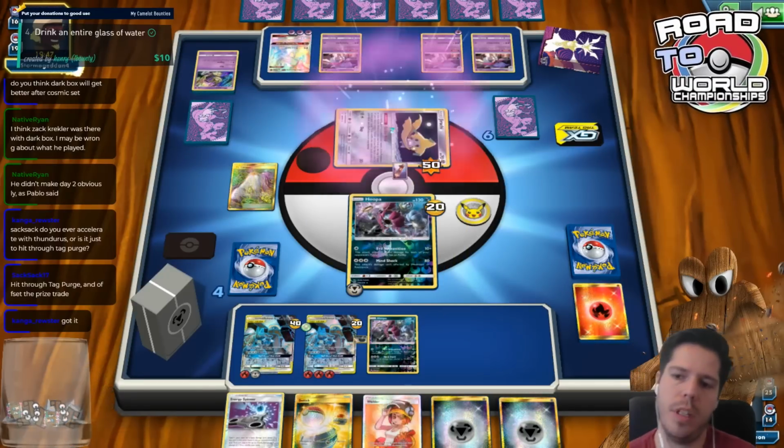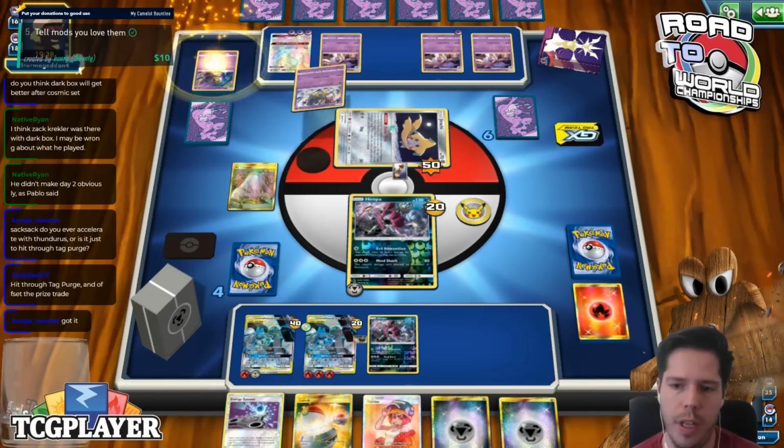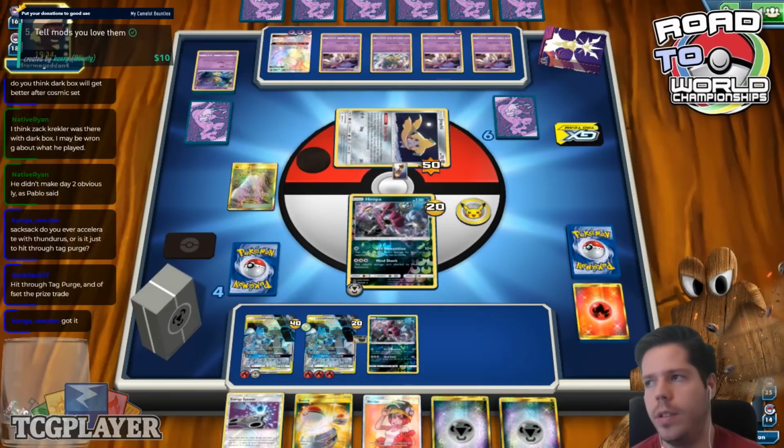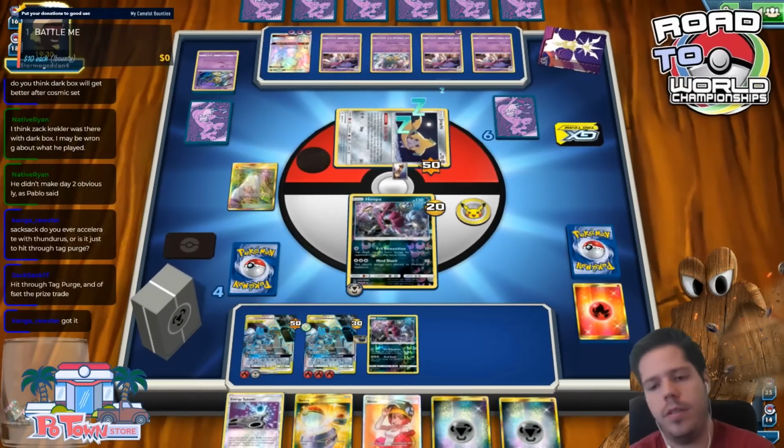Do you think Darkbox will get better after Cosmic? Yeah, I mean, it seems like it gets a few new tools to play around with. Especially red and blue, right? So that might make it much better. Dark Whistle also helps you thin the deck, so...